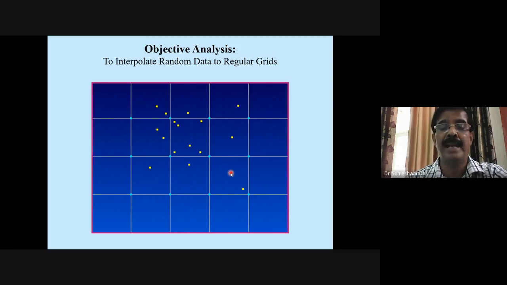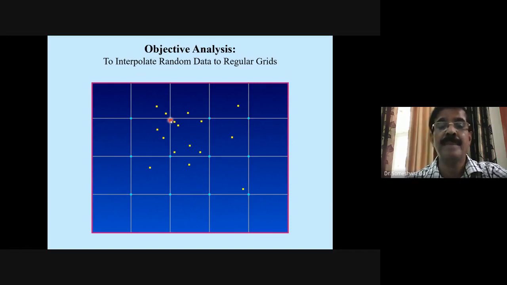Okay, and generally it is up to us what should be the radius of a scan. Radius of a scan means from the grid point how far away we should consider the observation, right? That is the radius of a scan. There are two things. One is the radius of a scan, and the other is the distance between the observation point and the grid point. Now both the things can be different.